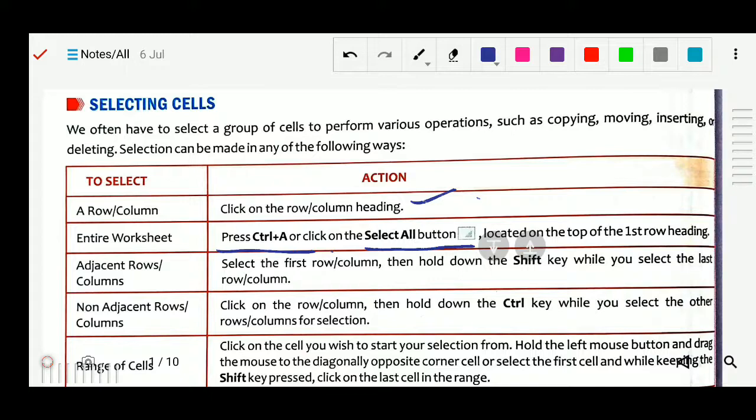select your entire worksheet. Then for adjacent rows and columns, select the first row or column, then hold the shift key while you select the last row or column. So first of all we have to select the row or column, then hold the shift key. Till where we have to select, we will move our mouse cursor